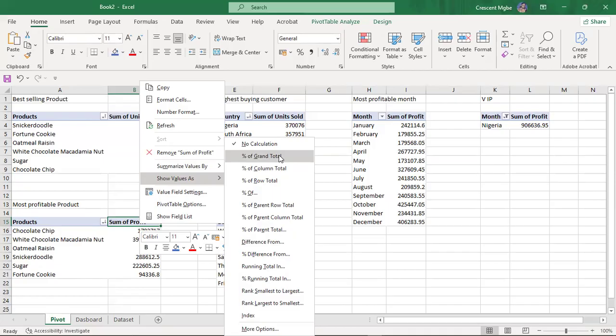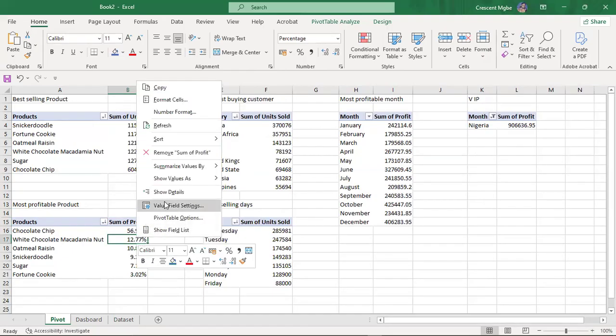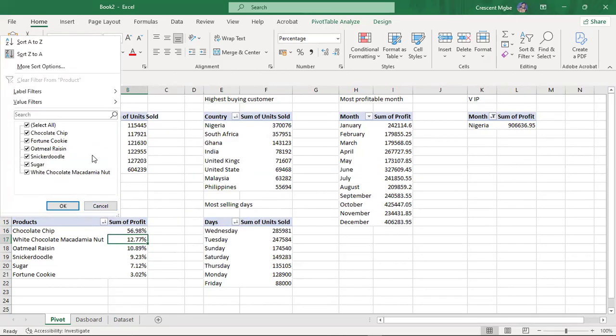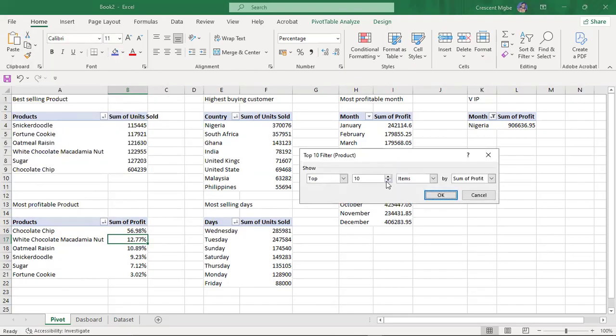Percentage of column total, percentage of grand total. So this is the percentage, exactly. And I want to see only the top 5, right? I want to see only the top 5. So I'll just come here. No, I'll come here. So you go to N, top 5, reduce it to 5,